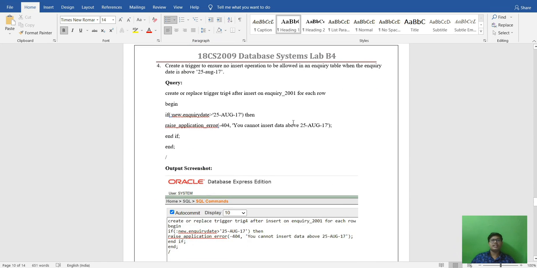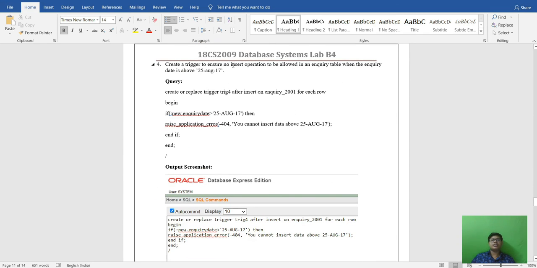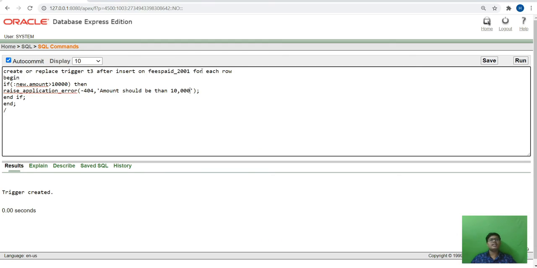Moving to the fourth question, that is, create a trigger to ensure no insert operation is allowed in an enquiry table when the enquiry date is above 25. Okay, so here everything is the same. We will change here. It will be trigger 4.